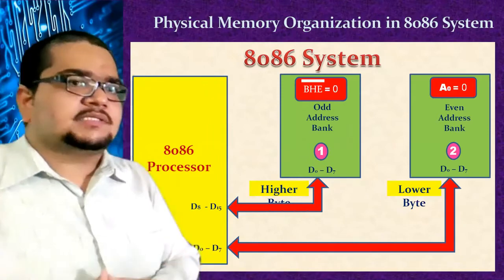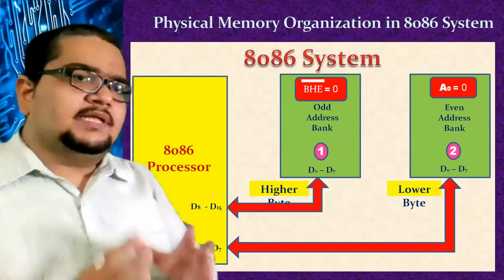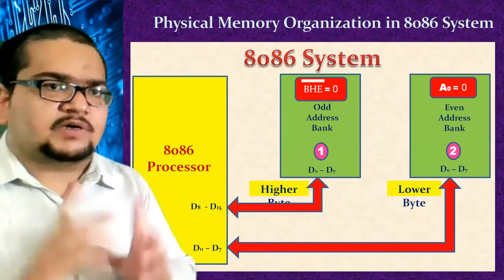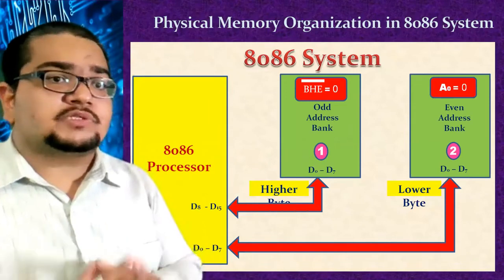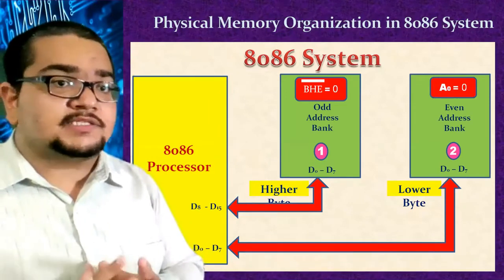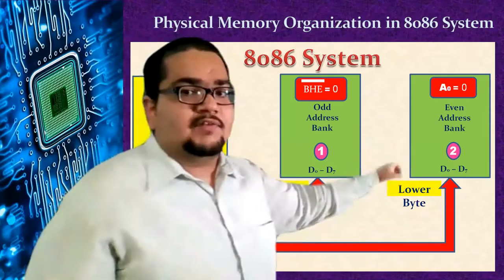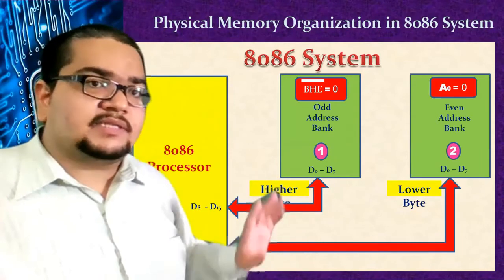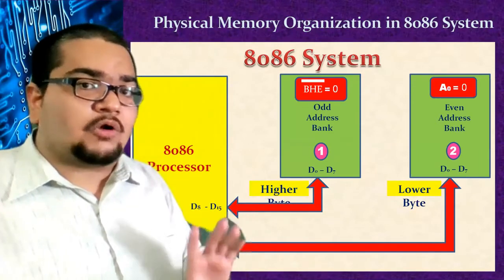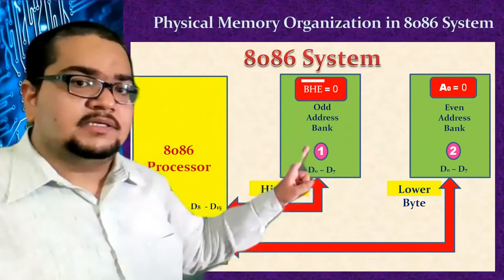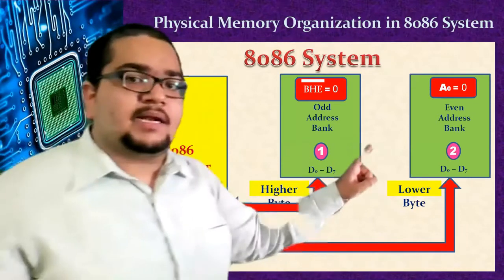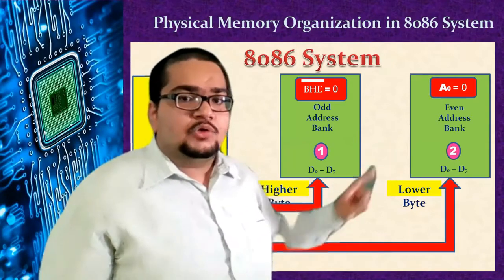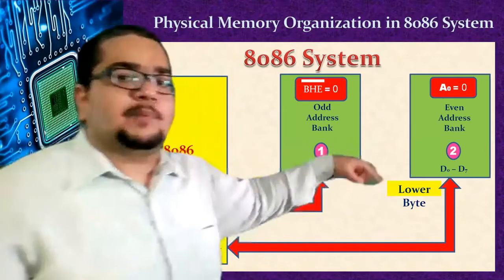Now suppose another data is there with you, only a number 32 hexadecimal. This is one data, 8-bit size. Suppose that 8-bit 32 hexadecimal is stored at an even address, that will be in this IC. And if that 32H is not stored at an even address but at an odd address, that will be in this IC. So if it is in an even bank address, you will activate this even bank only to fetch that 32 from this bank to the processor.